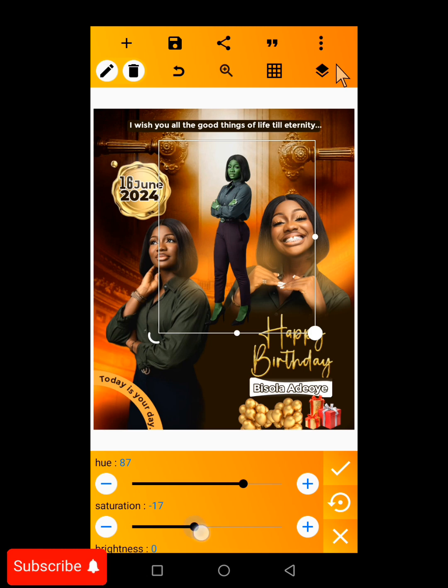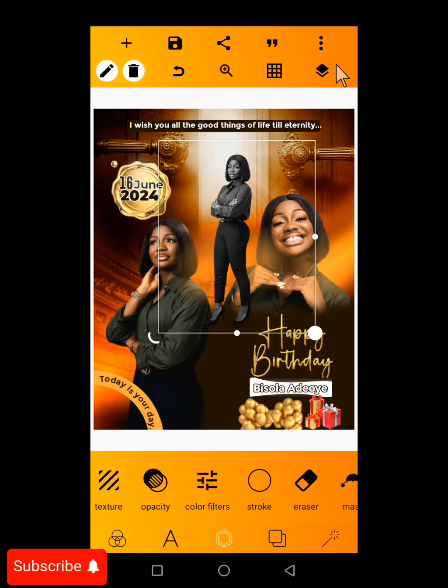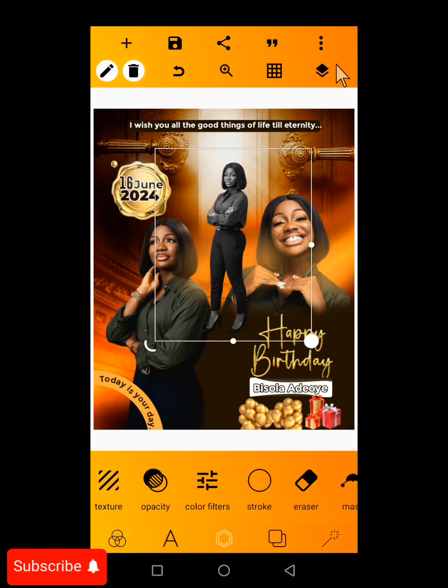Now there is a particular effect which I want to get. Yeah, no, check it. Yeah, I think this is the effect. This is the effect which I want to get. So the next thing for me to do is just to bring in the shape and do all the necessary